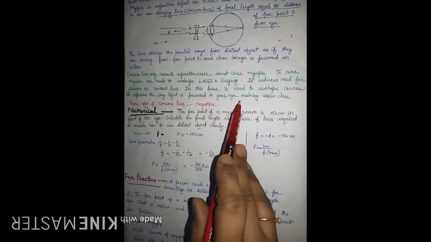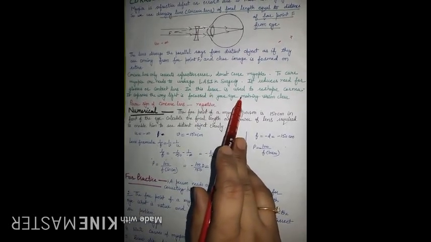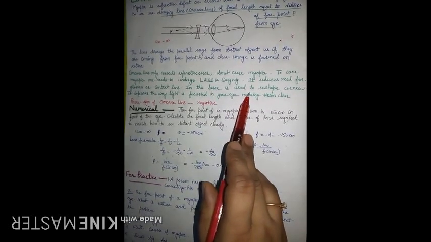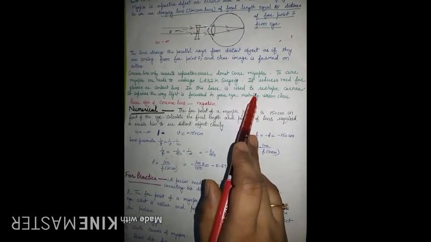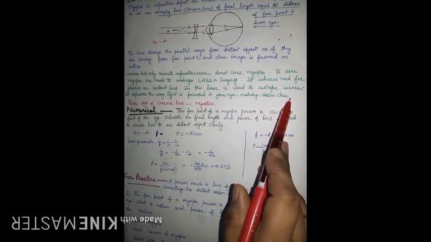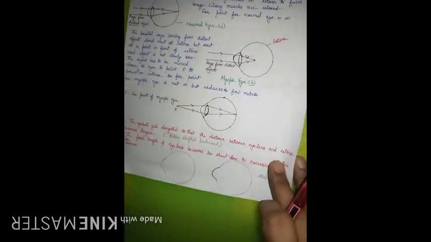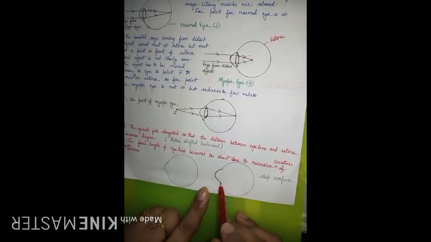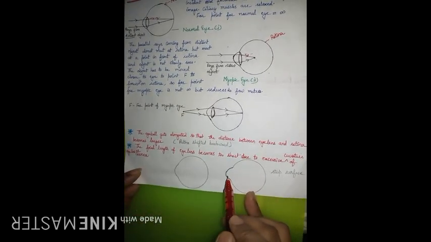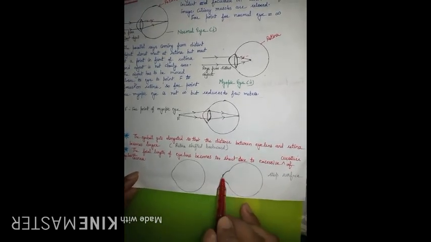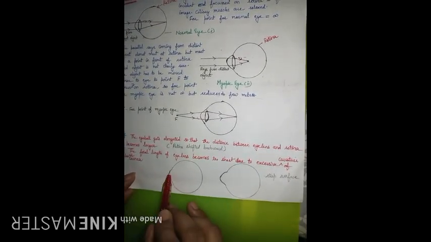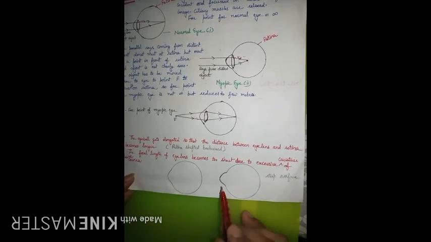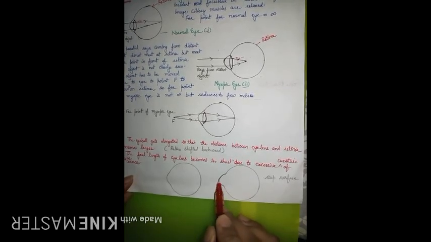And what is done in that case? By using laser, you are going to reshape the cornea. Reshape cornea means if your cornea has excessive curvature, then this excessive curvature is reduced by using laser light. So we are going to have a flattening of that, like this dome structure.